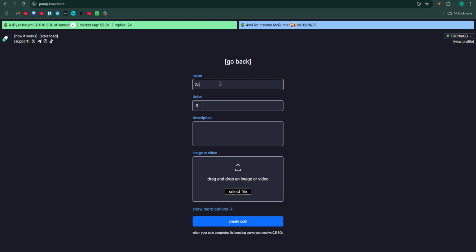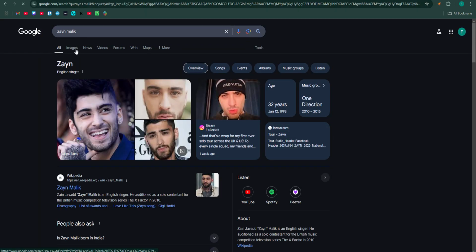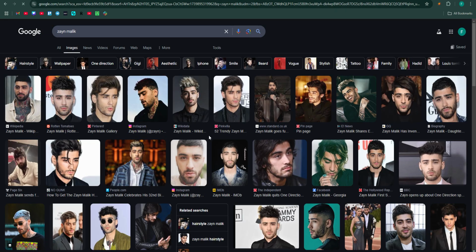So let's say the name we want to put in as Zain Malik, and then the ticker would be Zain if that is available. Description is this is a meme coin of Zain Malik. Please don't buy. And we have to create an image. Upload an image. So let's say I just search Zain Malik and I'm going to take any picture of him. Let's say